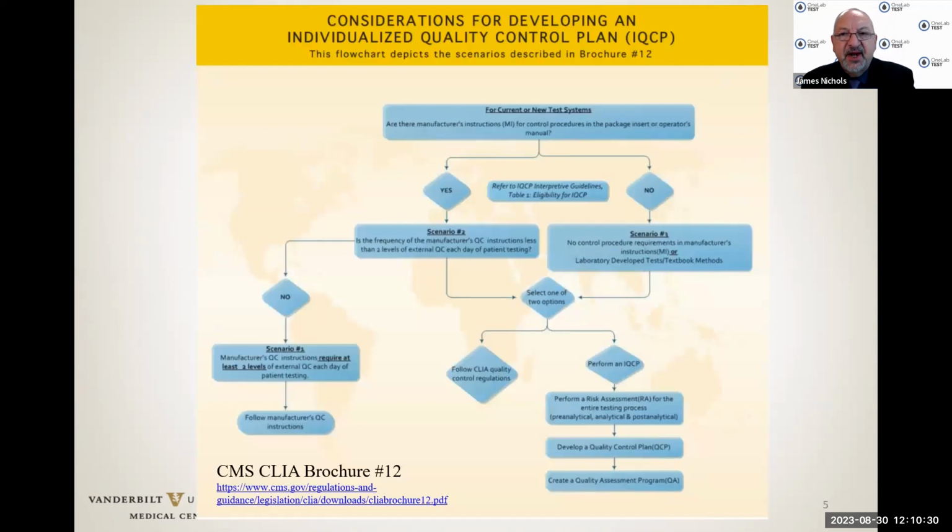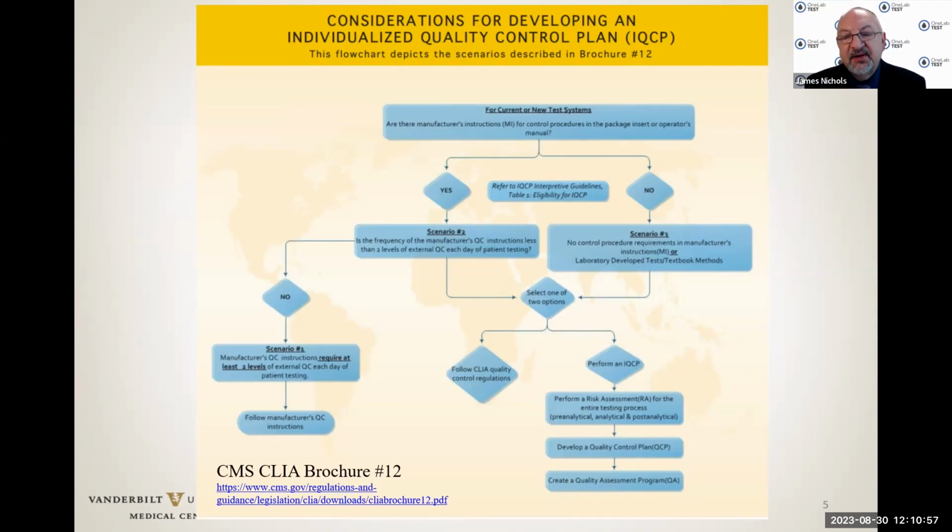Now, some considerations for developing an individualized quality control plan. And I took this out of CMS CLIA brochure number 12. You can see at the bottom of this slide. So starting at the top, for current or any new test system implemented in the laboratory, are there manufacturer's instructions for control procedures in the package insert or the operator's manual?